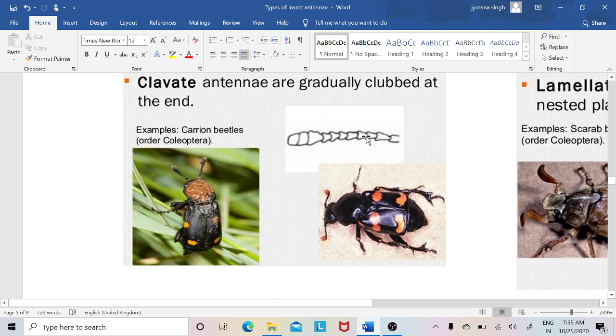But if you see a clavate antenna here, you will see that each flagellum is gradually getting clubbed rather than getting abruptly clubbed. You will find 3 or 4 of the last. If you see in the picture here, the terminal 5 or 6 of the structures are appearing more clubbed in shape. Now this is a clavate kind of an antenna. It is found in carrion beetles belonging to the order Coleoptera.